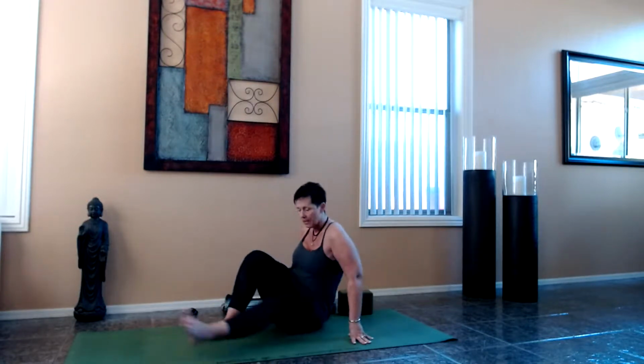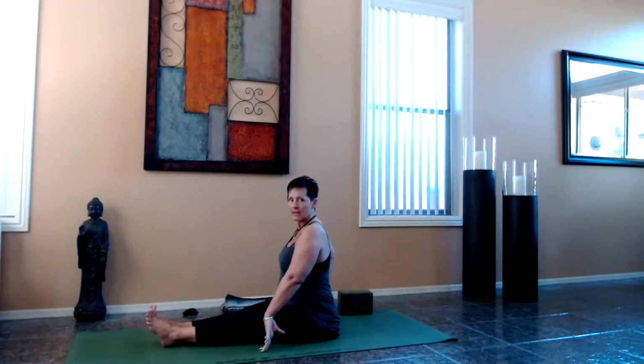If your hamstrings, I'm so sorry, allergies. If your hamstrings are really tight, what happens is when you start to try to hinge forward, your hamstrings prevent that and it pulls you into a C shape, making you round and press into that lumbar spine. So when we start here, we're going to lift up and try to maintain some nice space in the lumbar